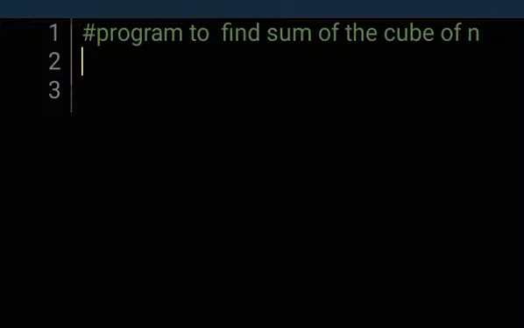Program to find the sum of the cube of n numbers. To find the sum of the cube of n numbers, you need an iteration. So you need to enter a value that will accept n. So let's say our n is equal to